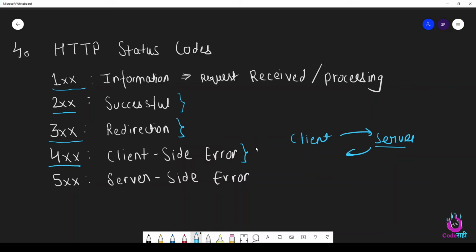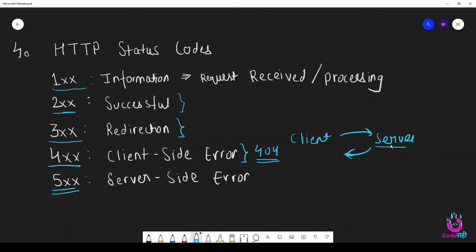The most common error is 404 in this category, and it means that the client is trying to access a resource which doesn't even exist. So the most common error is 404, and it's in this category only. The 500 errors mean that it's a server-side error. So on the server side, maybe the program crashed or some kind of database error occurred, so that's why the response is not being sent.